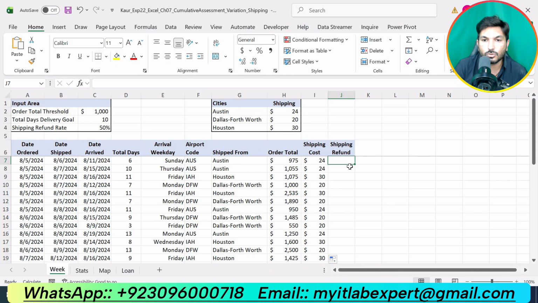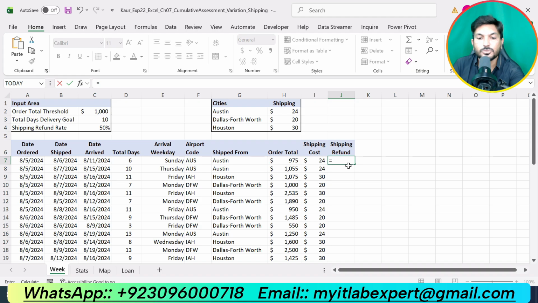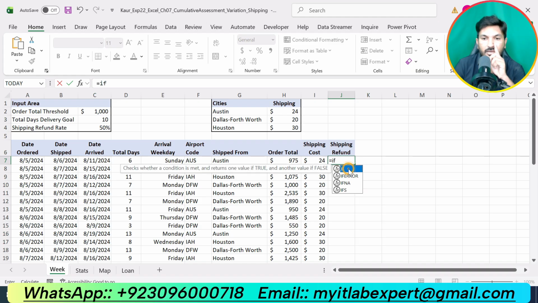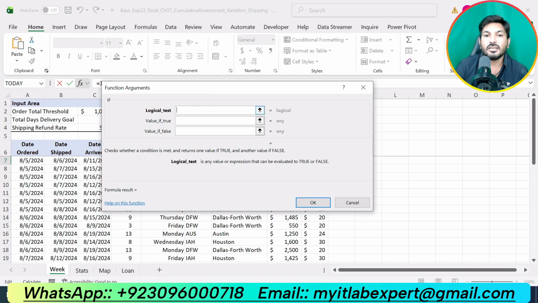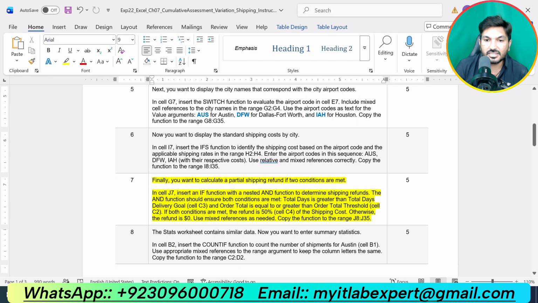So we will simply go to cell J7 and type the IF function. Click on the IF function, then click on the function symbol to enter the function arguments. Now we are supposed to nest this IF function with the AND function, so we will type AND here, and write our two conditions. First condition is total days is greater than total days delivery goal.